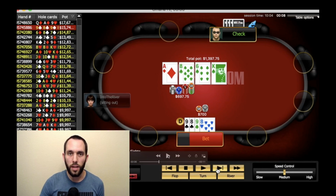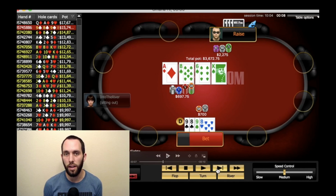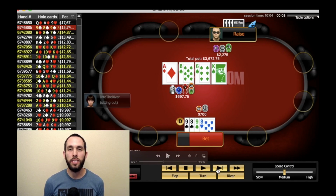When we polarize our range, we want to bet either full pot or check. So we do bet full pot here, and we face a check raise from our opponent. When we face a check raise from our opponent here, he's representing the nut flush, and I think this is a good time to ask ourselves if any of the actions in this hand have led him to be discounted in the number of nut flushes versus nut flush blocker combinations he can have here in his range. And I think the answer to that question is yes, one of those hand classes is going to be discounted